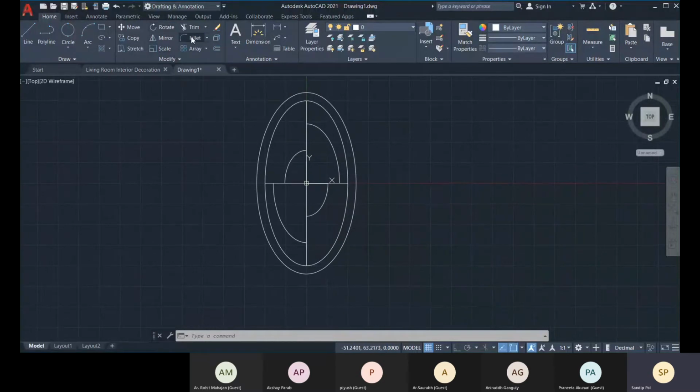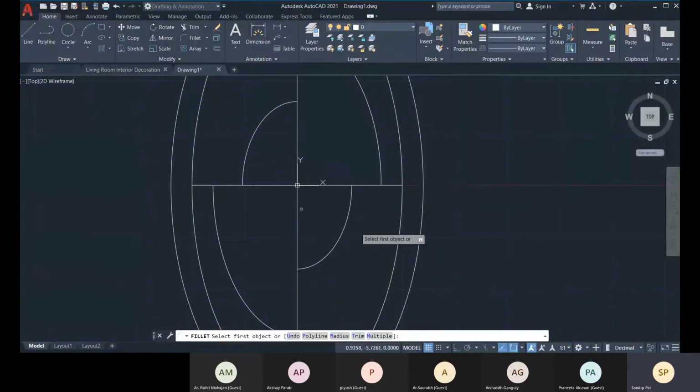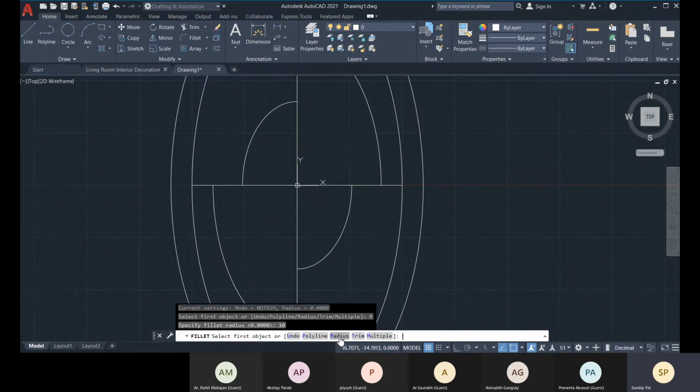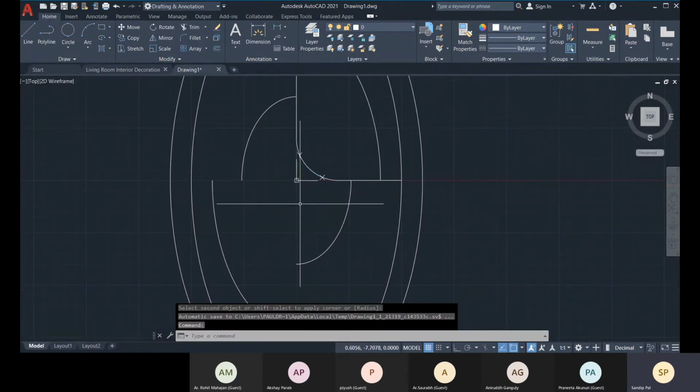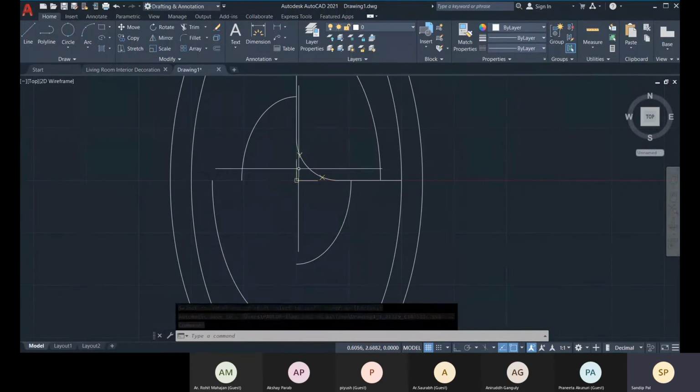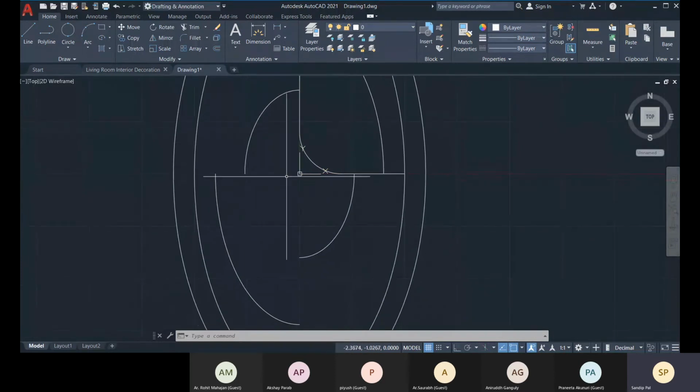Now I can fillet this corner. So for that we have to specify the radius, that is 10. And now what I'll do, I won't trim it. So see this, by default this trim option is selected. Suppose you select these two lines, the other part of this line will be trimmed, but I need to trim this half and this half and this half.